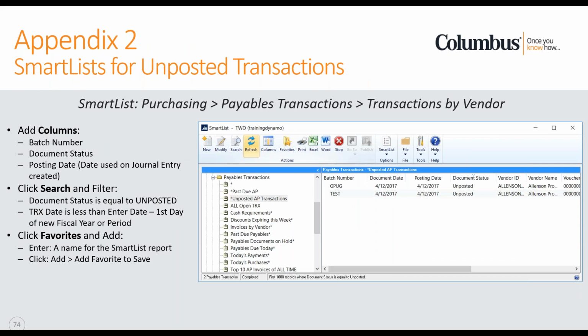So this is Appendix 2. This is the SmartList for unposted transactions. So you could start under Purchasing and Payables Transactions, and then Transactions by Vendor. And then we can add a few columns. So if you add the batch number, the document status, and the posting date